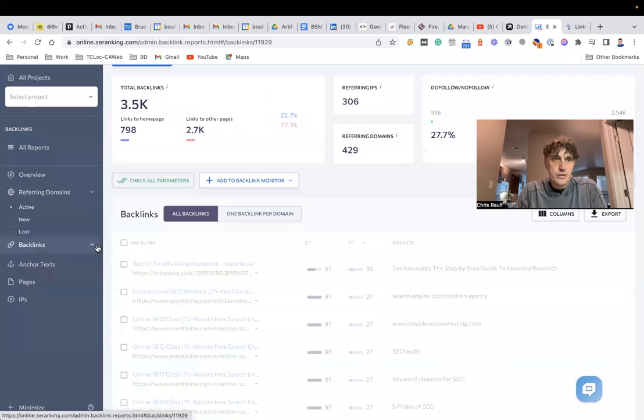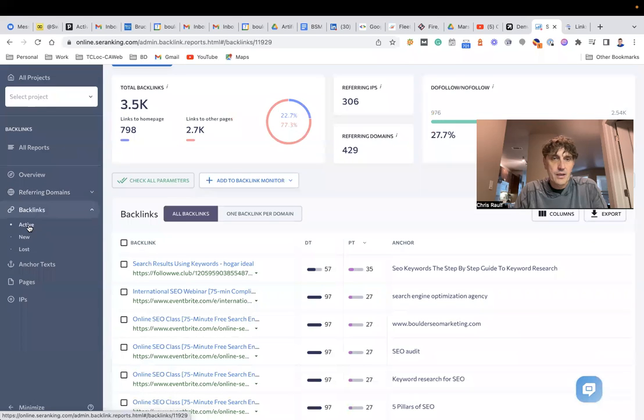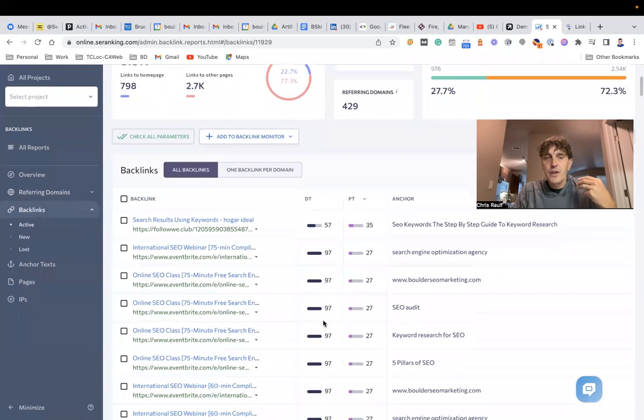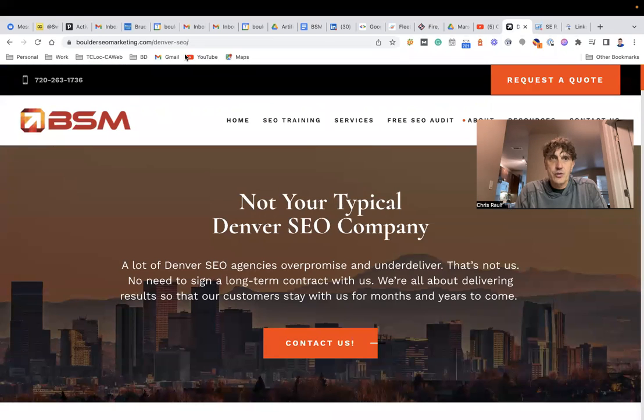You can also do it on a page-by-page basis, and identify what pages are already linking back to your website, and basically change the link from just Boulder SEO Marketing to this URL,